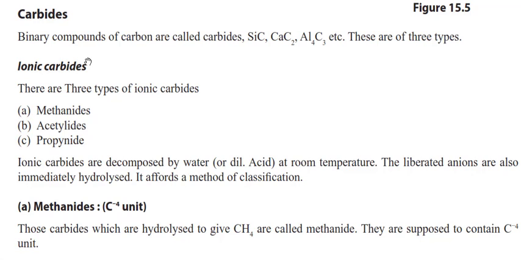Carbides. So if two elements are present and one of them is carbon, it is known as a carbide. So binary compounds of carbon are called carbides, like silicon carbide, calcium carbide, aluminum carbide. That's why these are all known as carbides. And there are 3 types of carbides available. For ionic carbides, there are 3 types: